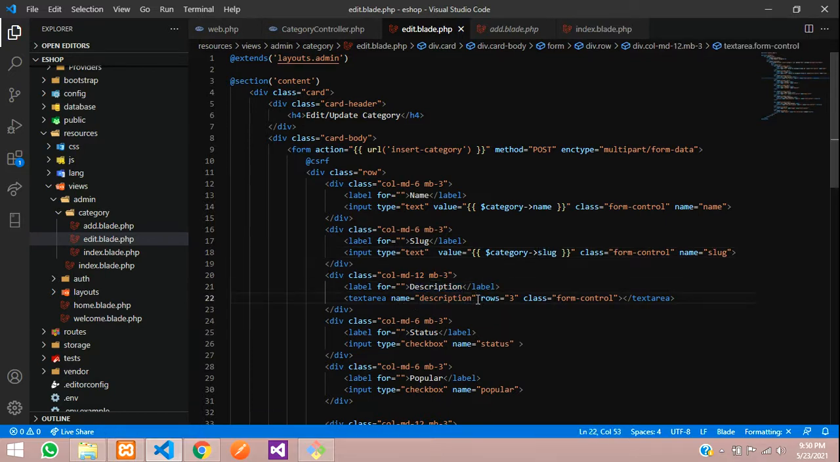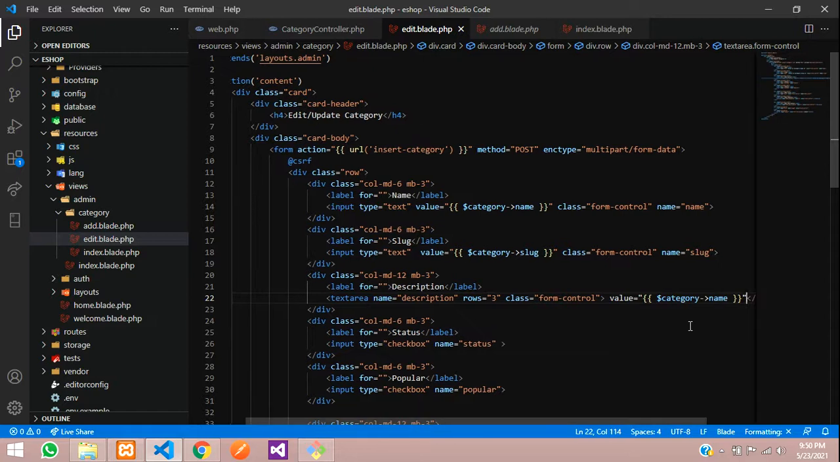So make a note over here, don't give it as value because this is a text area, right? So we have to paste it in between the textarea open and close tags. Just paste it over here, remove this value thing. Okay, the name is going to be description. Yeah, save,